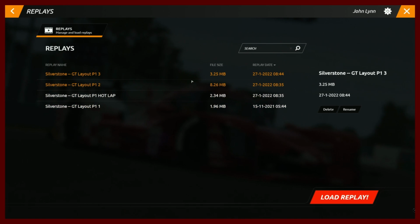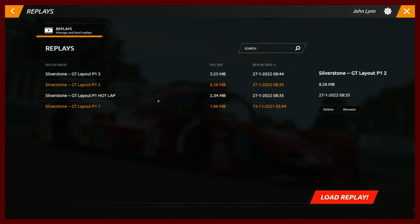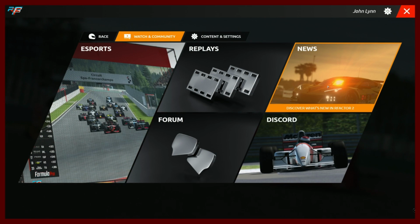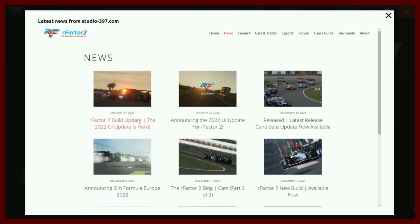So you can see I did a few replays, and you can select the one you want and then just say load replay at the bottom. You can delete it, rename it, do whatever you want with your replay. So that's pretty nifty. News, of course, this is going to launch their website here,